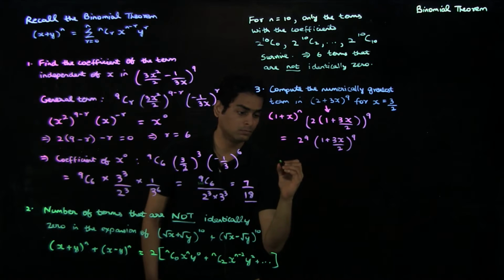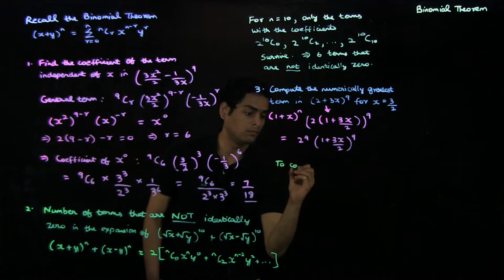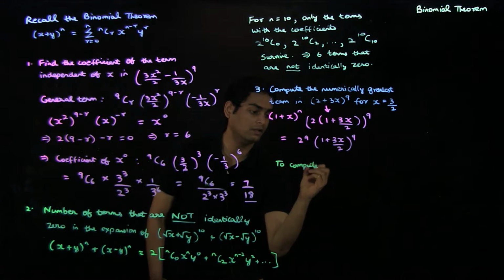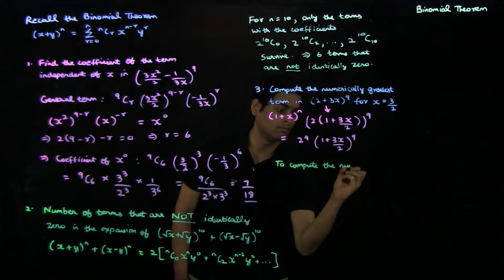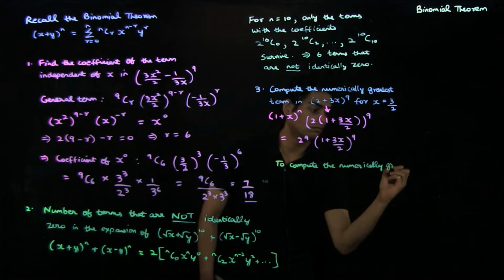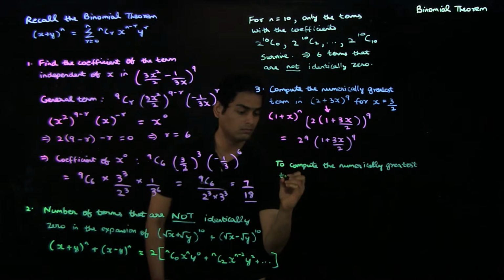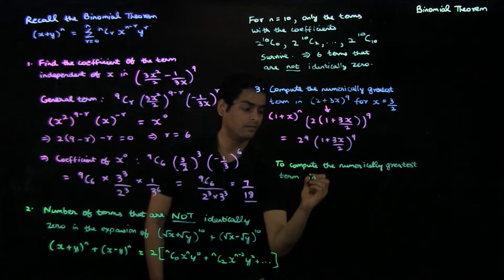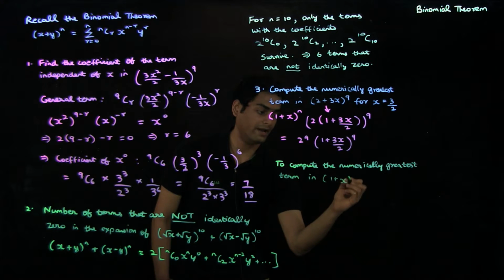To compute the numerically greatest term in (1 plus x) the whole power n,